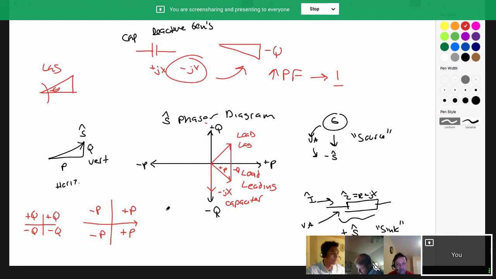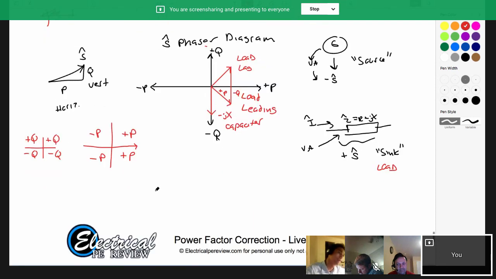Now, how about this? We already said this was a lagging load. We said this was a leading load. What's on this side? So our vertical axis is Q, right? Our horizontal axis is P. So this side has positive P, right? This side has negative P. If I have something with negative P,